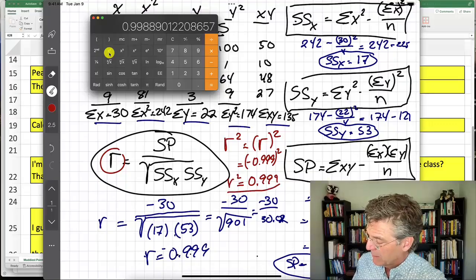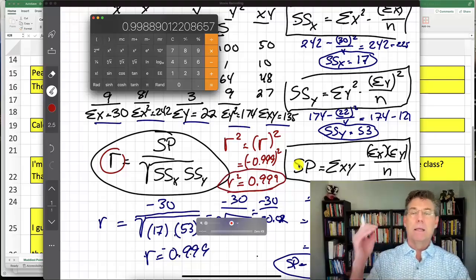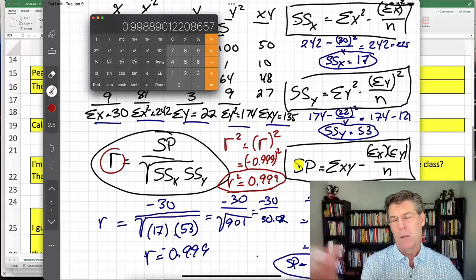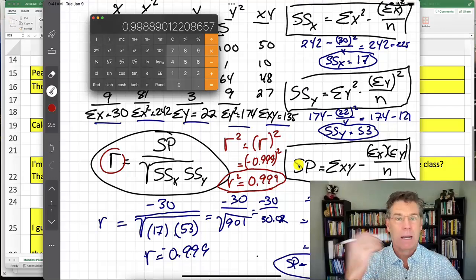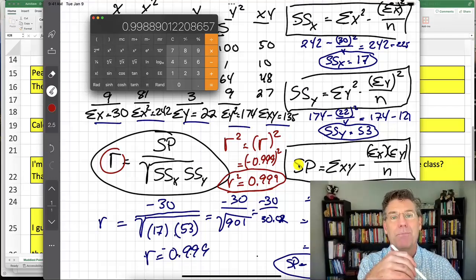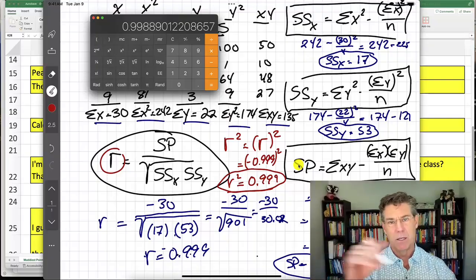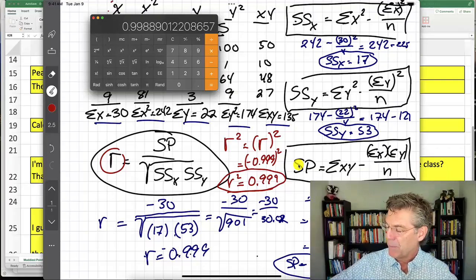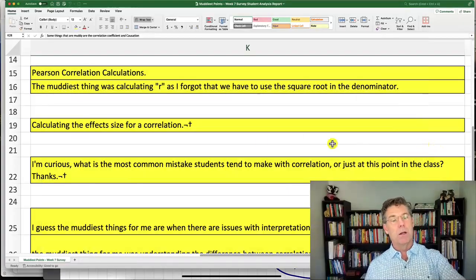So how do we interpret this r squared of 0.999? It means that how much of the variance in the number of mistakes people make can be explained by knowing age would be 99.9%. So pretty much almost a straight prediction. If I know your age, I can tell you how many mistakes you're going to make. Now, it's not a realistic result because I just made this data up, and I used a small number just to make it simple for us. But that's how we calculate the r squared, our effect size.